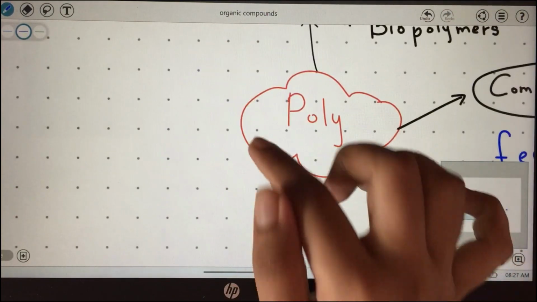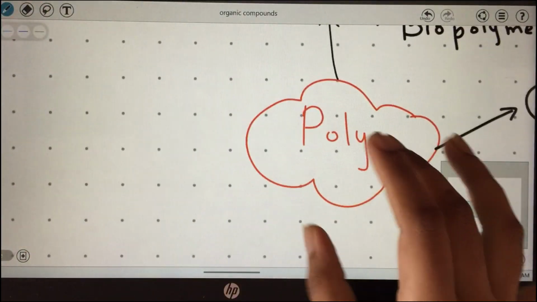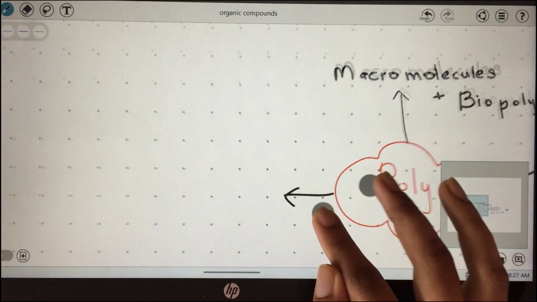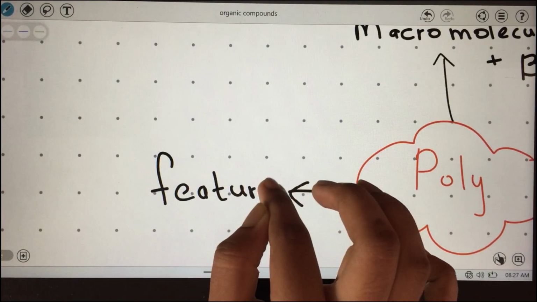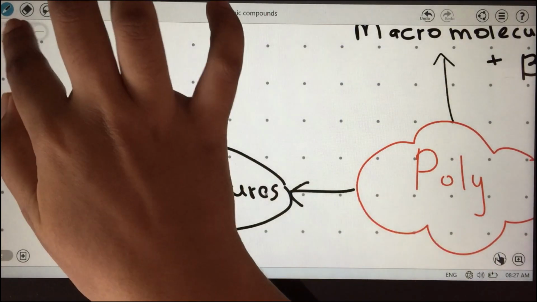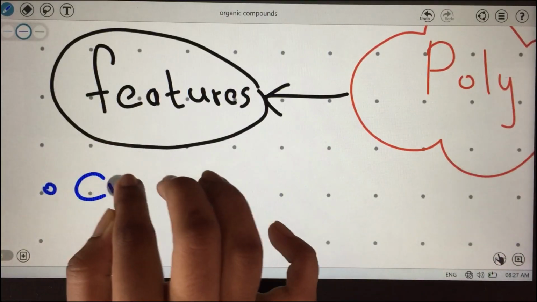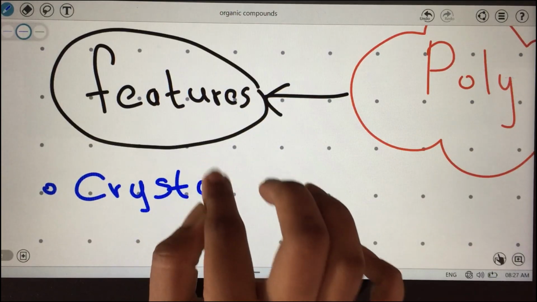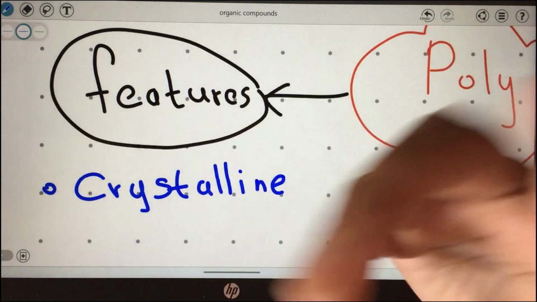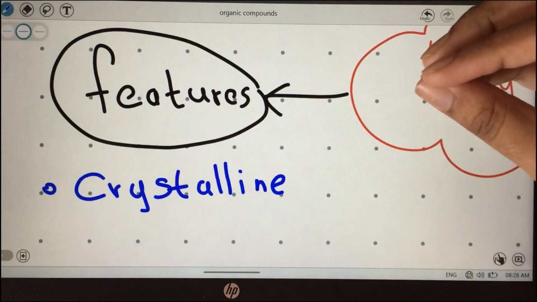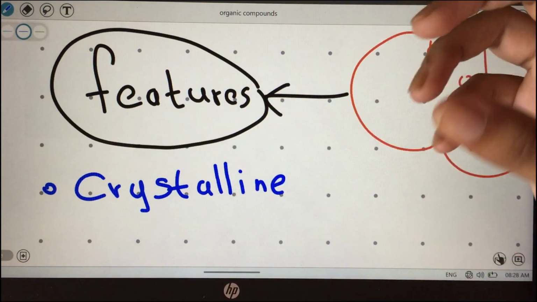After this we move on to the nature. Now the nature, of course, we wrote on this side. This side we wrote for disaccharides also. So we'll write that here, or we can say features. So for features you can write they are crystalline. What are the three features I told you and how to remember it? I told you to remember the normal sugar. Normal sugar is crystalline in shape, so here also it's crystalline. And then you add that normal sugar into water and you dissolve it. So it's the solubility that we described.